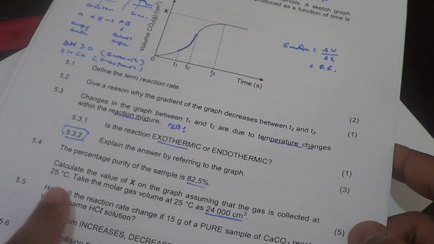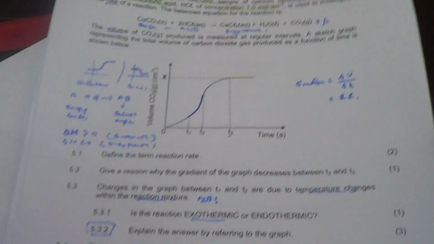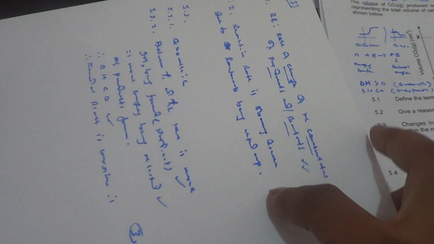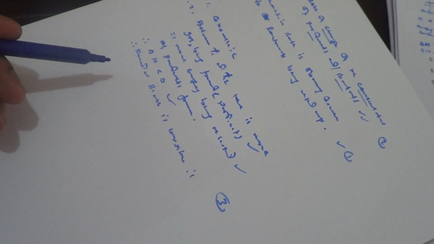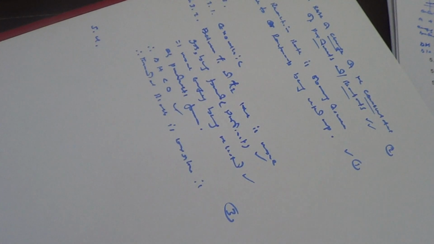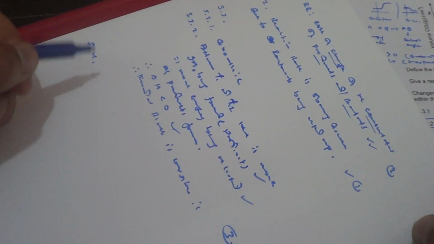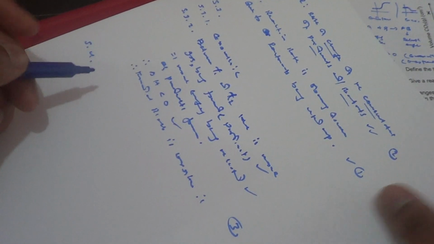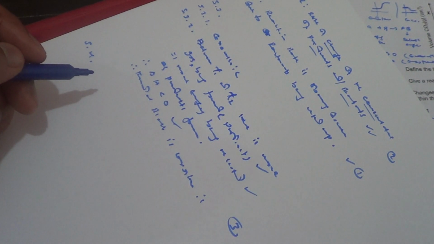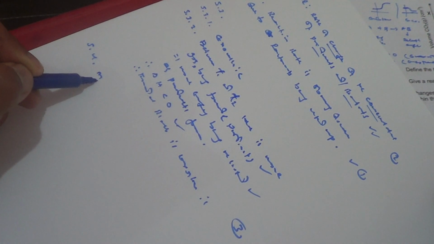So basically they want to calculate the value of X, which is this volume right there. So what is that maximum volume? So for us to do that, we need the number of moles first. Okay, so let's do 5.4, nice and easy. So what is the story here? We're going to do this. So first of all, we want the mass of pure calcium carbonate. So we know that the mass of pure